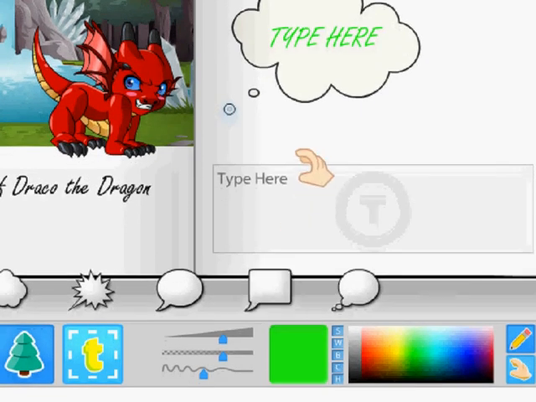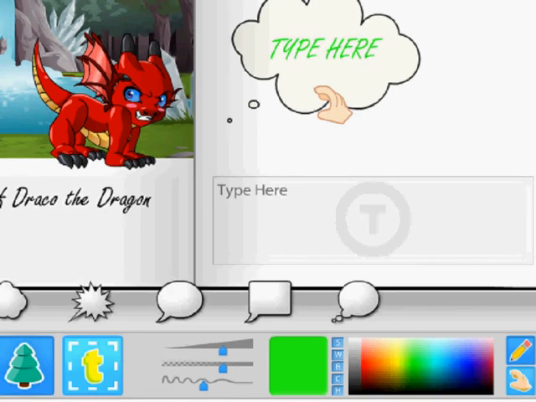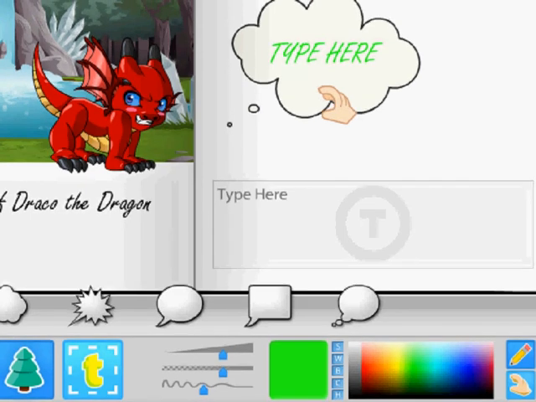So you can change your fonts in any way that you like. But make sure they're readable. I'm going to delete this box. The final thing I wanted to show you